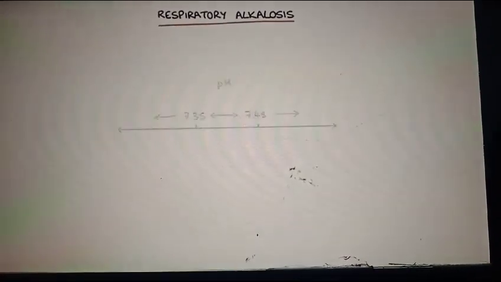Next, let's talk about respiratory alkalosis. Respiratory alkalosis occurs when a patient